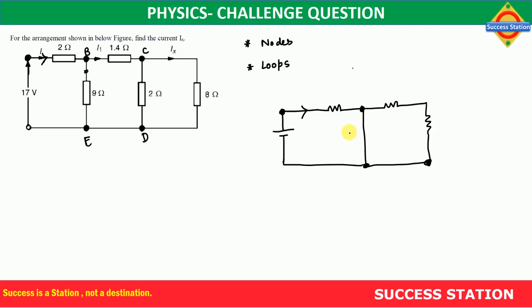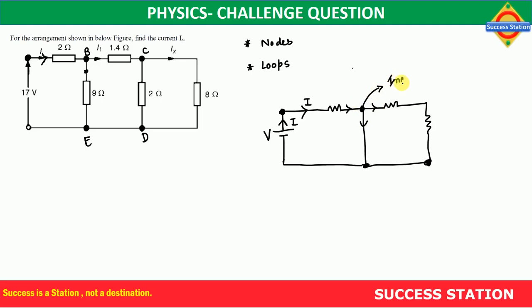See, a current will move from here. We have a voltage source here. Current will start moving, the same current I will flow. But here you can see the distribution. The current that was going into this node, the current coming out of the node is divided into two parts. The current going in is this, but the current coming out is this and this. So we'll talk with respect to the node.